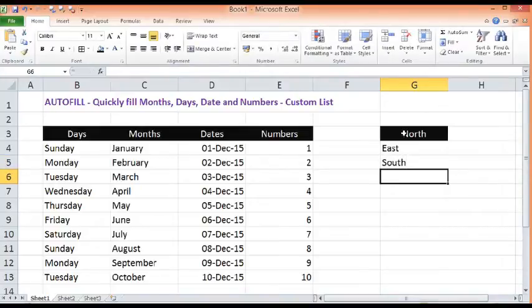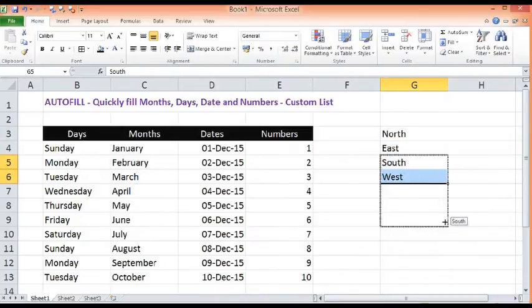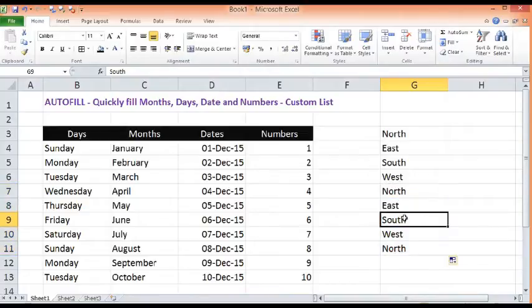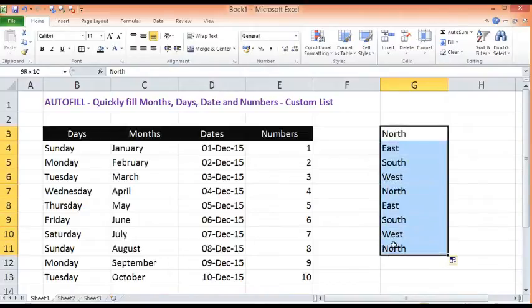Even in this list, let me format this cell. So even in this list, if I select these two cells and drag down, then we can see that we have a trend of northeast, southwest, and same values are being populated further, because what I did, I have already created a custom list for this.